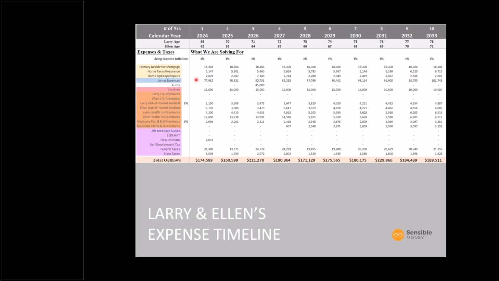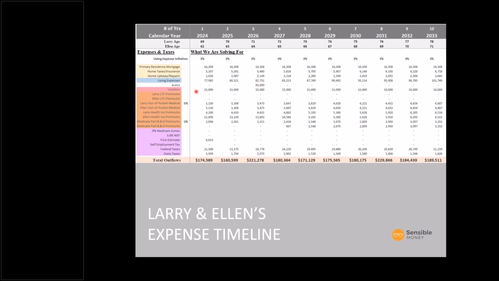Next, we have living expenses. That's all those recurring items, and so they're going to occur every year. They're lumped together, things like gas and groceries and cell phone, and we've applied inflation to them. We also have periodic items like car purchases. So we see a car purchase out here. I know there's additional car purchases in their plan, and so that particular row may be hidden in this screenshot.